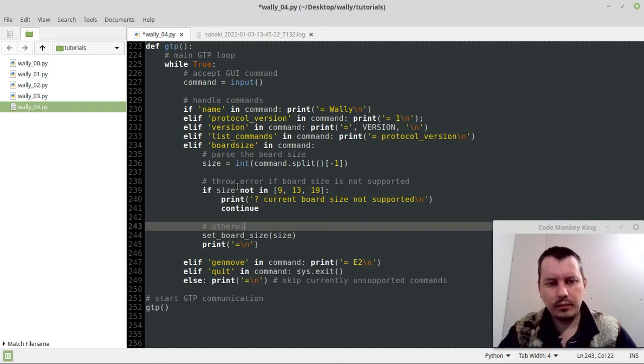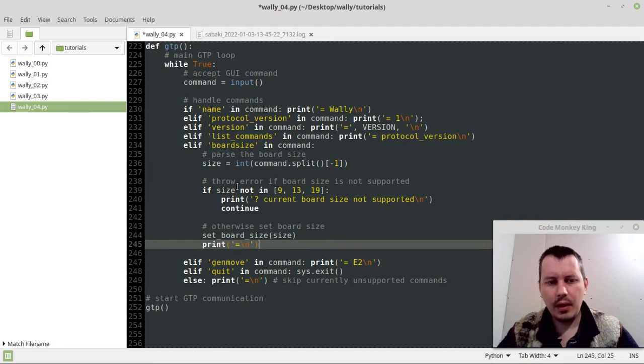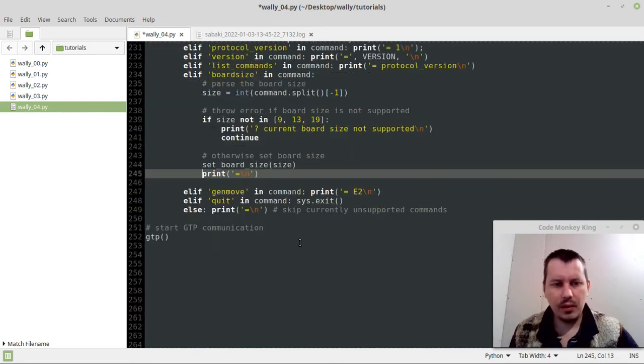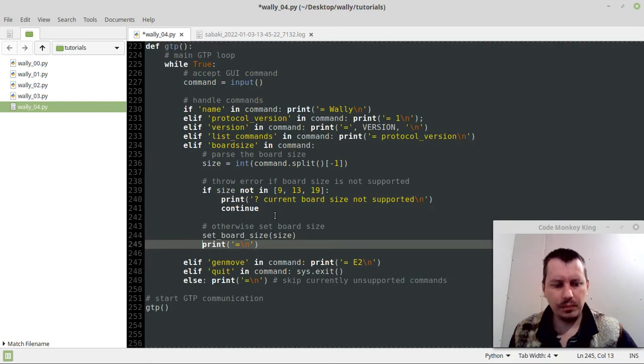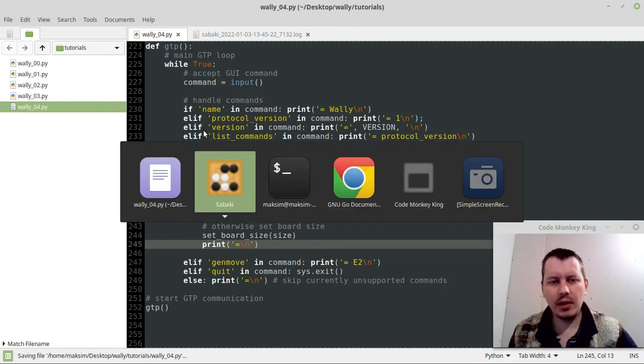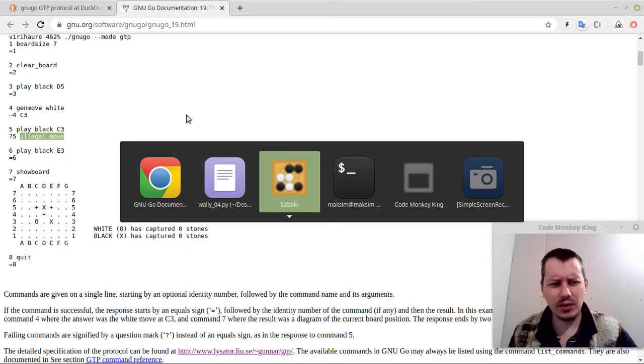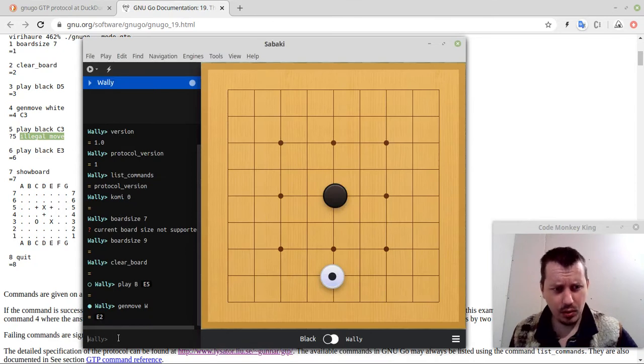Otherwise set board size and this is it. Okay, and yeah, this just returns that it's okay. So the next command, I don't see it being involved within the GUI,